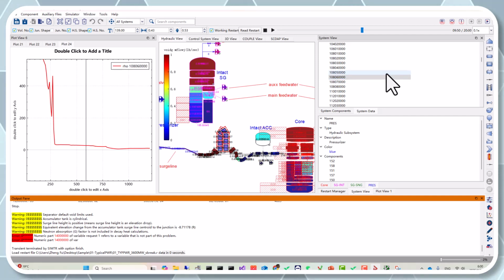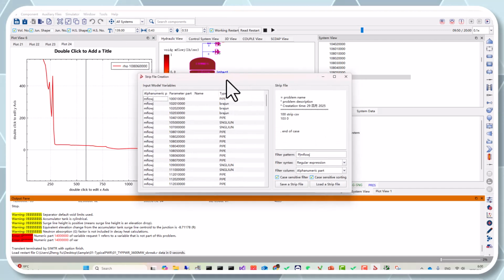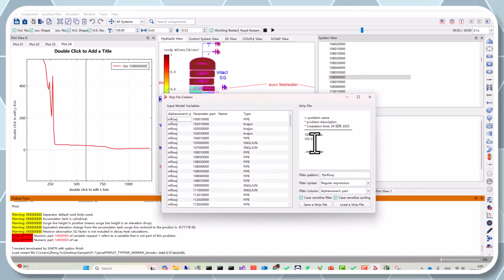Okay, so people are asking how to extract data. Use the strip files. So we're going to talk about this one. In the auxiliary files, there's a strip file, and the strip files panel helps you create strip files. On the right side, it gives you the formatting of strip files, and on the left side, it shows you